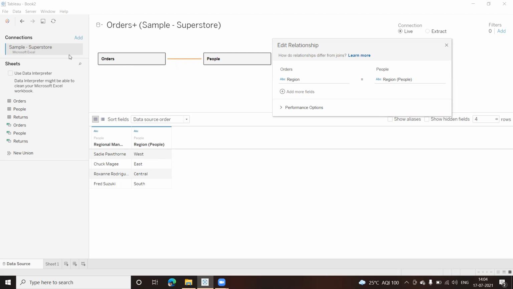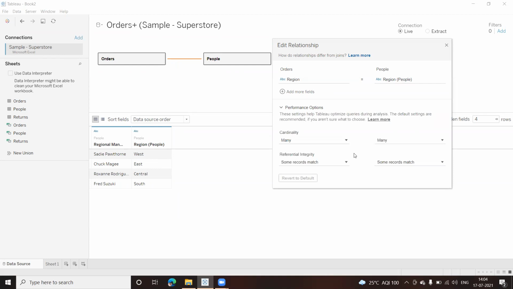So one person can have multiple orders. Now, one order cannot belong to different regions. That is not possible. So we come here, we change this to one-to-many. So here we have one and this is many. Clear? So let us close this.